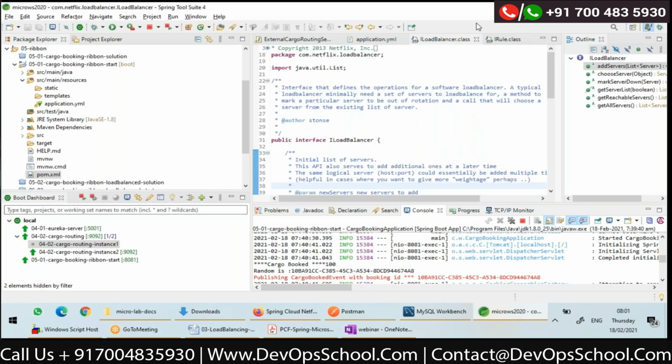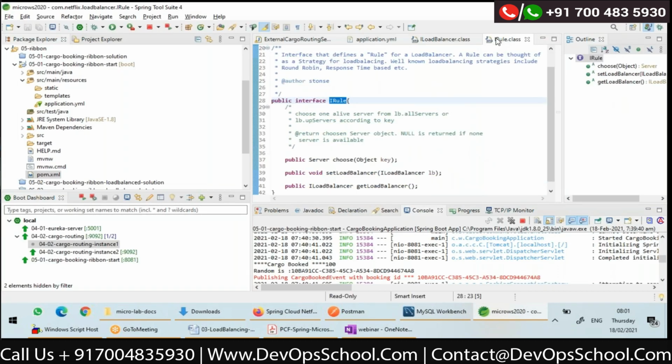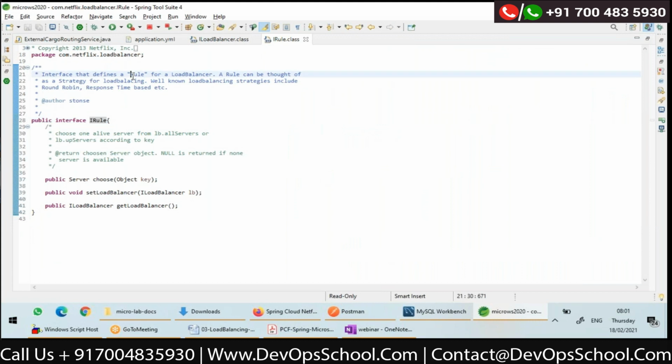But there is one more thing, IRule. This is an interface that defines a rule for the load balancer. A rule can be thought of as a strategy for load balancing, right? So IRule has implementations, and this actually is dependent on ILoadBalancer.